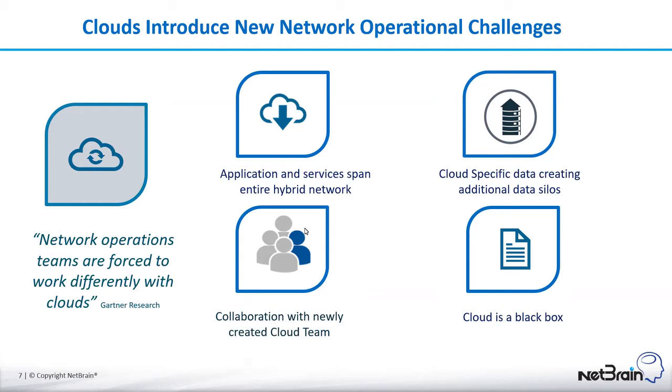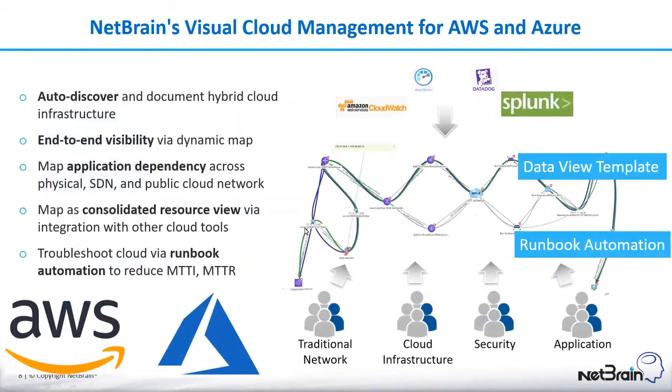So today, we're really excited to introduce our visual cloud management for AWS and Azure that takes all the benefits of NetBrain that you know and love to the multi-cloud, including auto discovery, end-to-end visibility with our known maps, creating those application dependencies across your entire hybrid network, being able to use our data views to consolidate all the different data, whether it's from Splunk, SolarWinds, PRTG, or it's in the CloudWatch and Datadog all into the single pane of glass. And lastly, is to be able to use the runbook automation to help troubleshoot and reduce MTTI and reduce